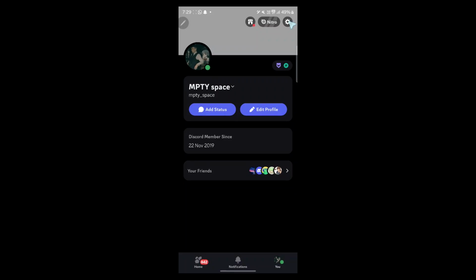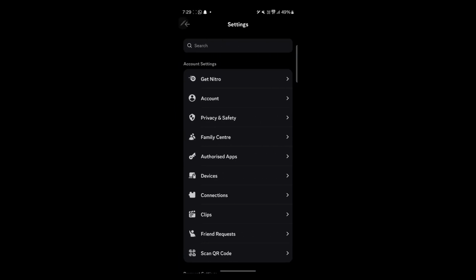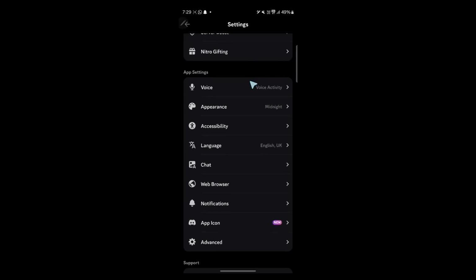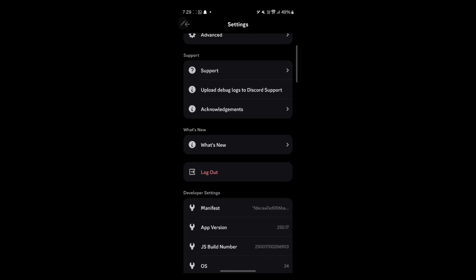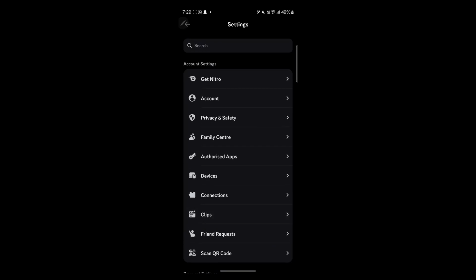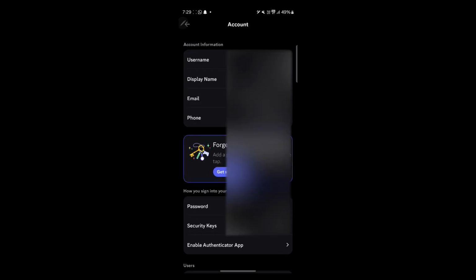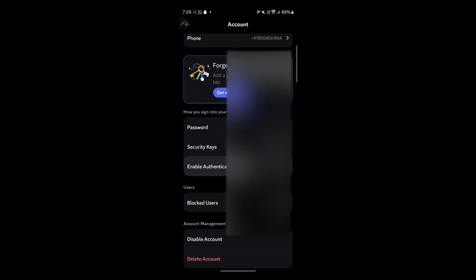Here, click on the gear icon at the top right of the screen and you will see account settings, payment settings, app settings, support and a list of other tools. From these tools, click on account. Now after clicking on account, it is going to show your username, display name, email, phone, password, security key and